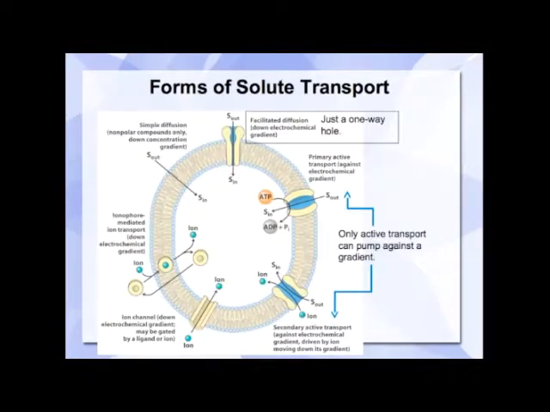Here's a diagram of the different types of transport. First is simple diffusion, that is, a molecule is oily enough to flow through the membrane by itself. Second is facilitated diffusion, that is, it is a one-way travel of molecules through a protein channel across the membrane. No energy molecules, no ATP is needed. Third is active transport, that is, this protein channel needs to burn an ATP energy molecule in order to move